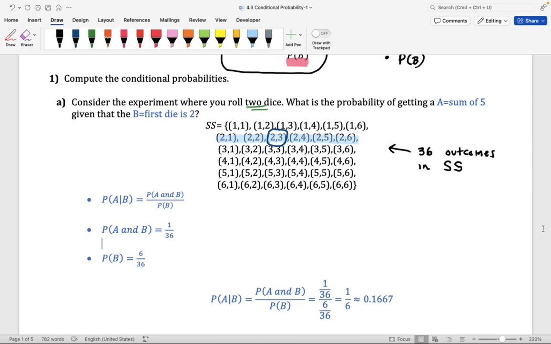One thing that I want to emphasize here. Earlier I said you're going to be restricting the sample space. How did that happen? Notice what we have here. We have a 6 on the denominator. The fact that B happened, the fact that we first roll a 2, is affecting that denominator. The denominator, which is 6, ended up being the total number of outcomes where a 2 was rolled first. So again, we're restricting the sample space with the event space of event B.